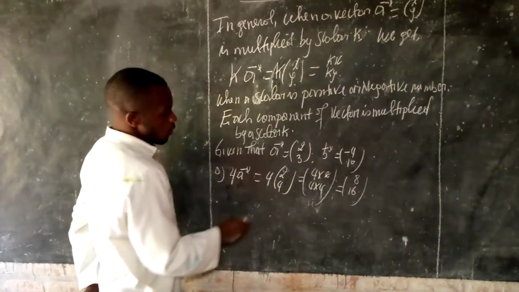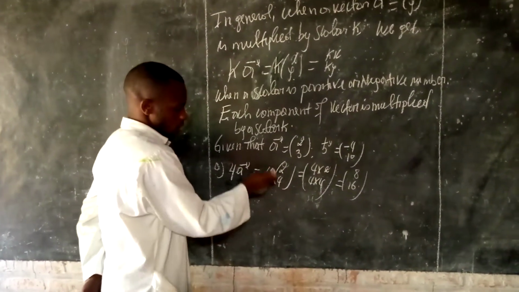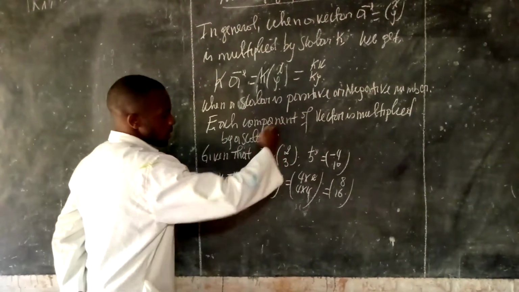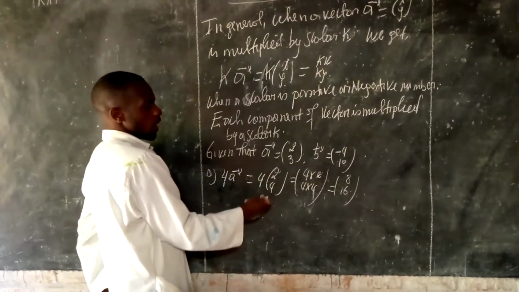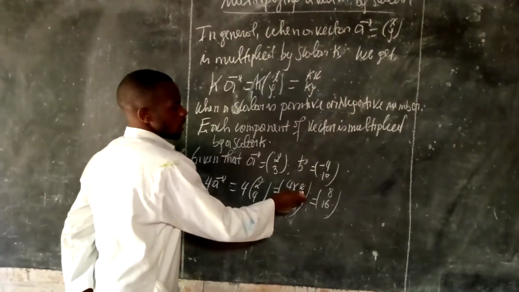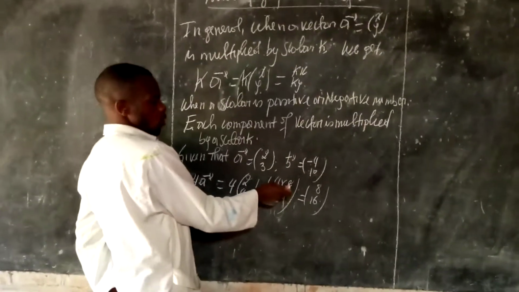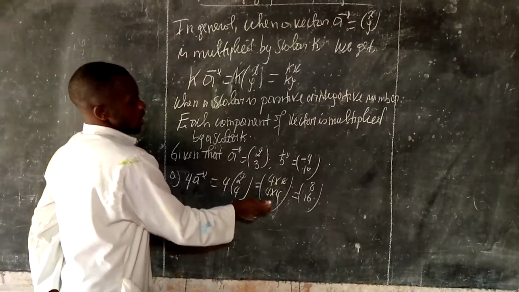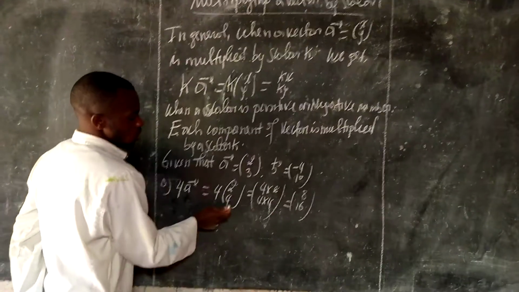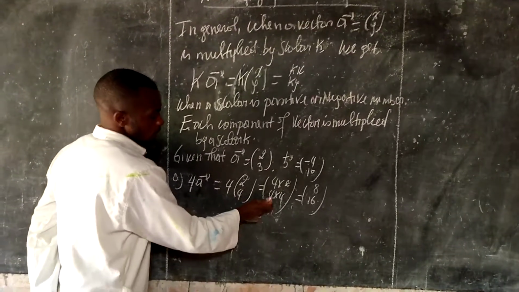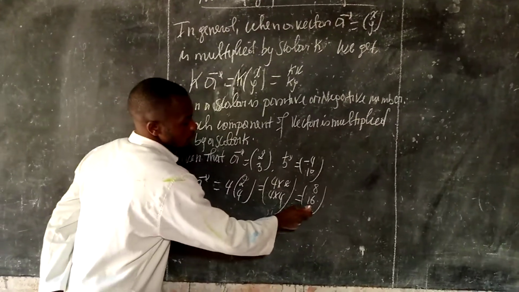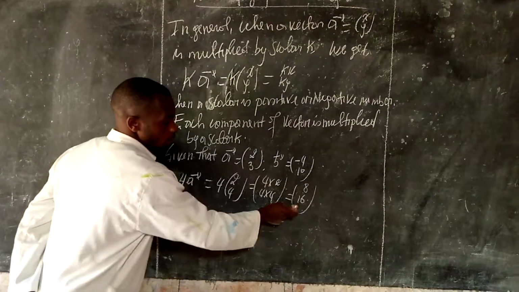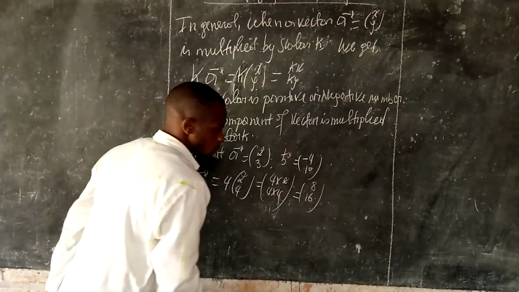This means that if a vector is multiplied by a scalar 4, the length or the size of the vector is increased by 4. We take the horizontal displacement and multiply it by 4, and we take the vertical displacement and multiply it by 4. So we get 8 units on the horizontal displacement, and we get 12 units on the vertical displacement.